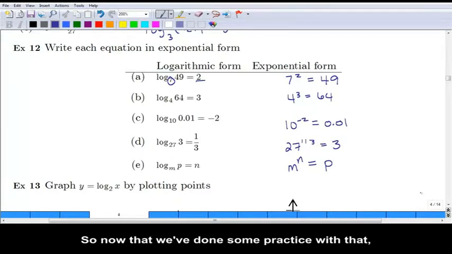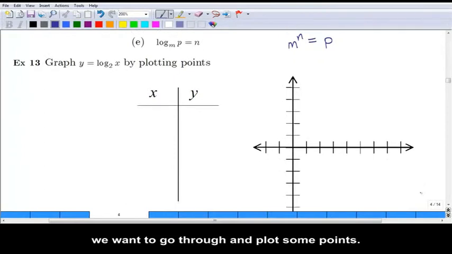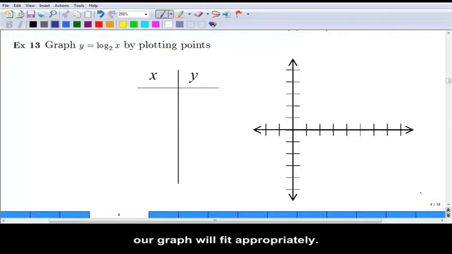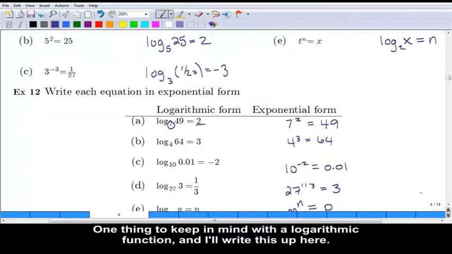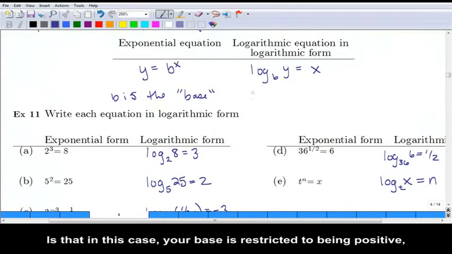So now that we've done some practice with that, we want to go through and plot some points. Notice how I've adjusted the scale here, or the graph here, the axes here, so that our graph will fit appropriately. One thing to keep in mind with a logarithmic function, and I'll write this up here, is that in